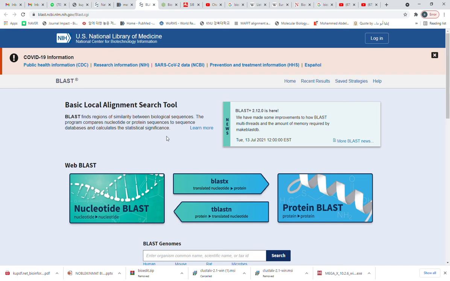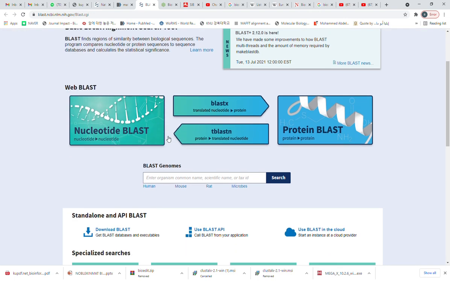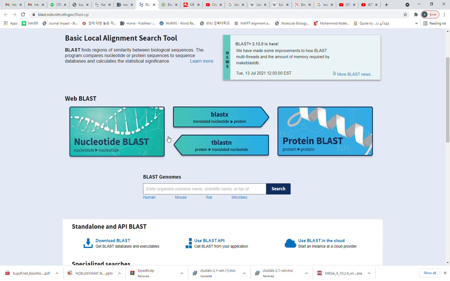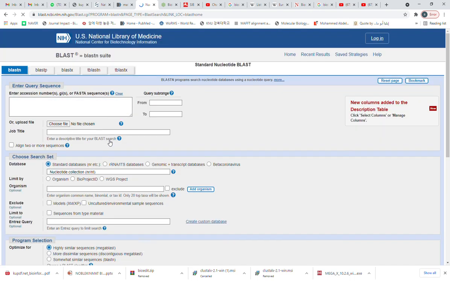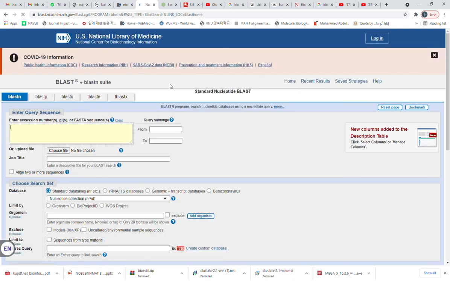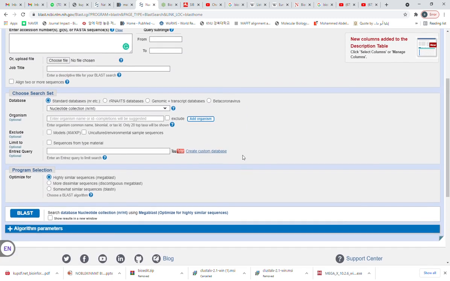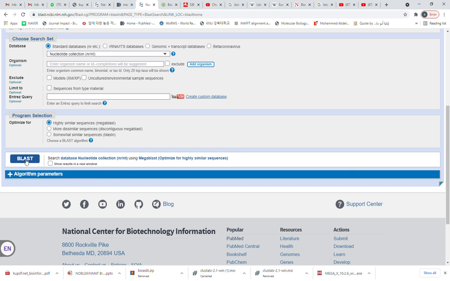So what I would do, if I want to find the similarity of my sequences with published data, we made mention of publications that have been submitted in databases, and this is also an attempt to give meaning to all these submissions. Now the first thing you do is just come to nucleotide BLAST, since you want to compare your nucleotide sequences with other nucleotide sequences. When you click that, the platform for you to submit opens up. I don't know what is wrong with my network. It is so slow, even though it is fast running. So here you submit either your accession number or FASTA sequences. That is when you submit your sequences, and then you BLAST. After submitting, just come here to BLAST straight up. So let me try to get some